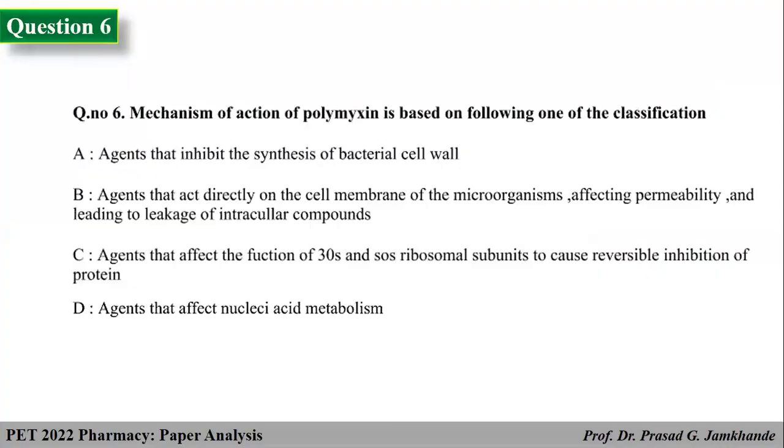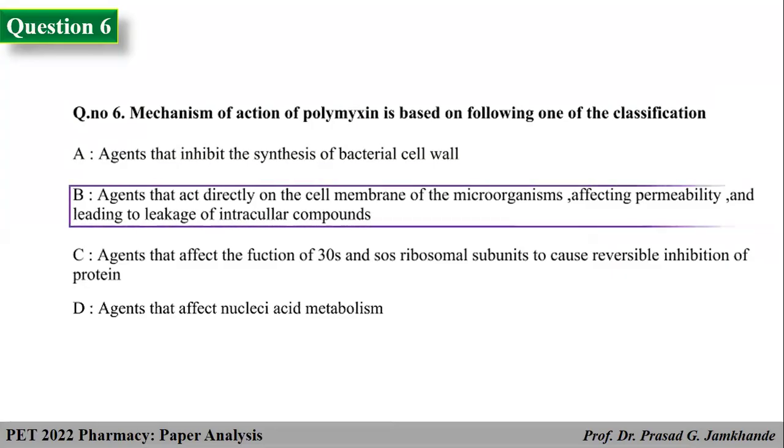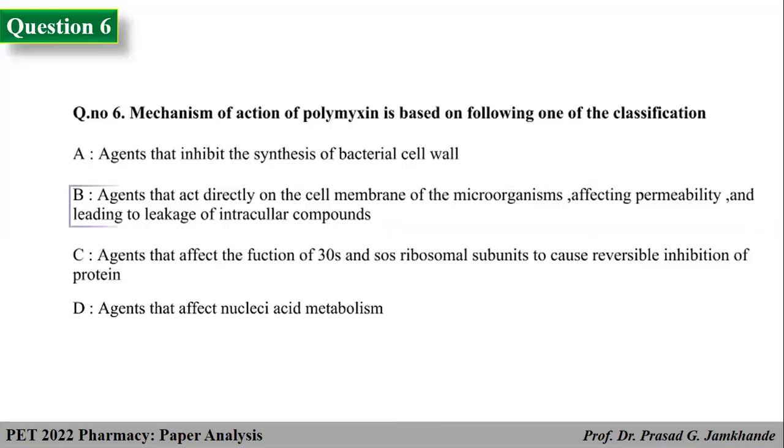The mechanism of action of polymyxin is based on the following classification. Polymyxin is an antibiotic used for the treatment of systemic infections of multi-resistant organisms. Some of these microorganisms are very dangerous, for example Pseudomonas aeruginosa infection. And this polymyxin is the